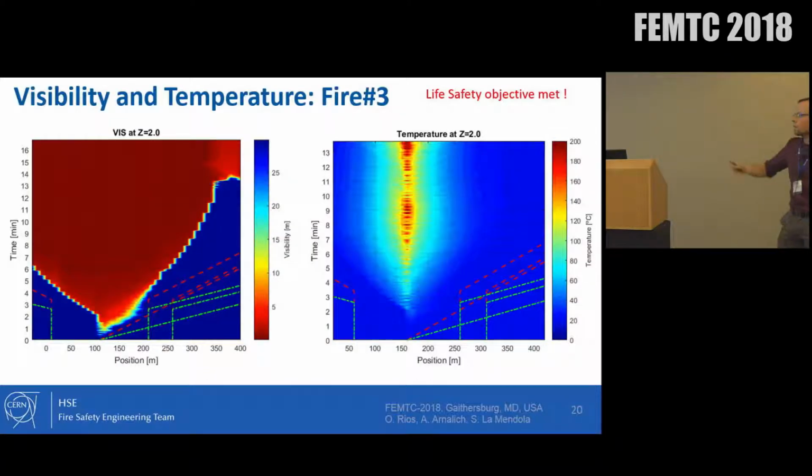And for occupants, we find a good design. We find the design that even though we were choosing different pre-movement times according to different distributions, they were safe. They were safe in terms of visibility, in terms of temperature, and as it was said yesterday, if you are safe in terms of visibility, you know that you are safe in terms of FED, because if you don't see smoke, there is no species that you will see. Obviously, there will be some material that will create toxic gases without soot, but it's not the case of general materials that we are using.